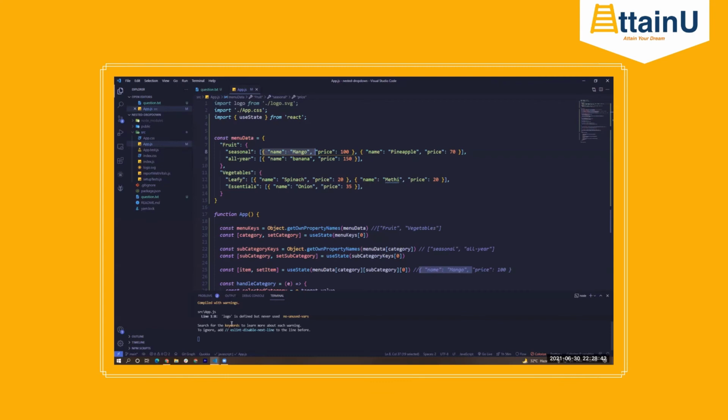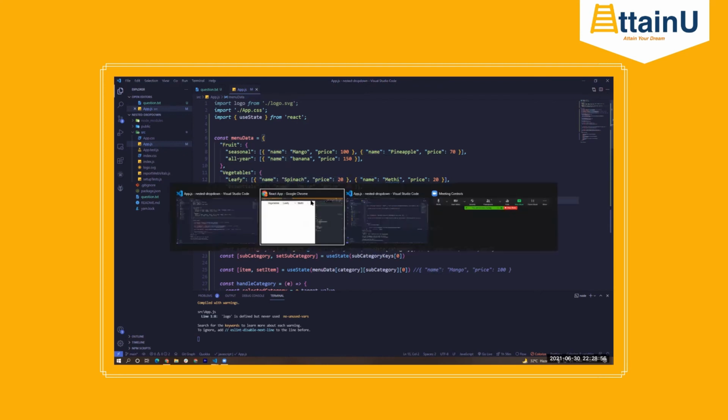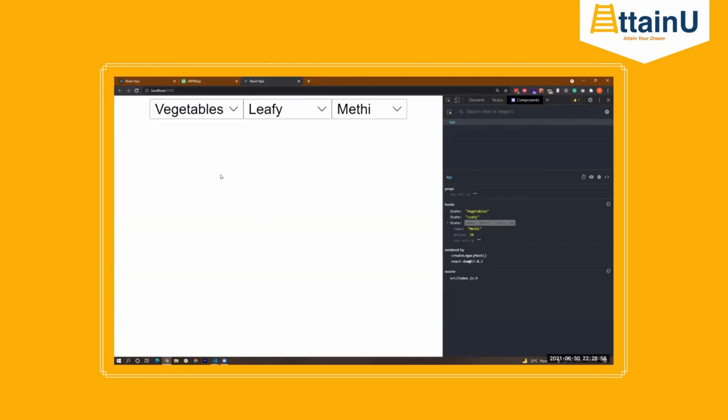If we make it vegetables again, the moment vegetable is selected, the second dropdown should automatically select leafy, and the third dropdown should automatically have spinach in it. Let's just verify if that's the case.